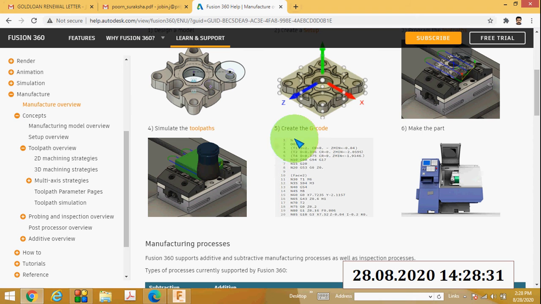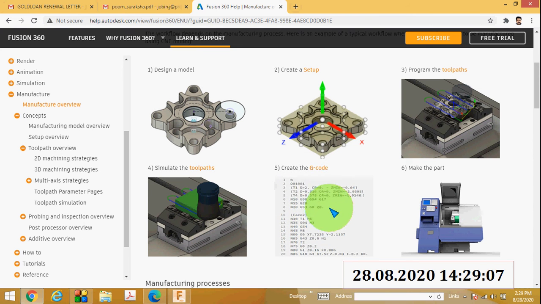Here you can see the first line represents the percentage symbol. This is a format in Fanuc controller machines. The second line is the program number, O0100. This is called a program number. N is called a sequence number or block number. T represents the tool. Here you can see T1 represents tool number 1, and M6 is called the miscellaneous code. S represents the spindle speed. G is called the preparatory word, etc. X, Y, Z represent the coordinates: the X value, Y value and Z value.